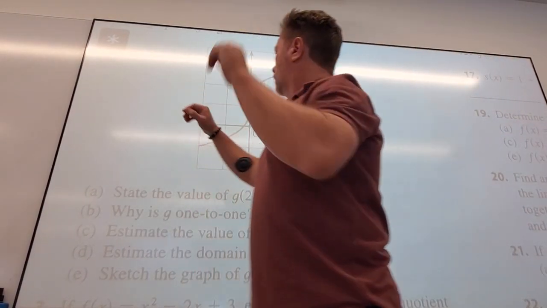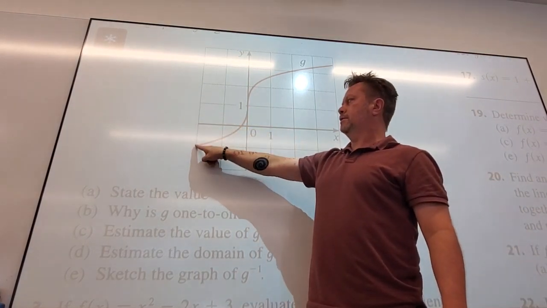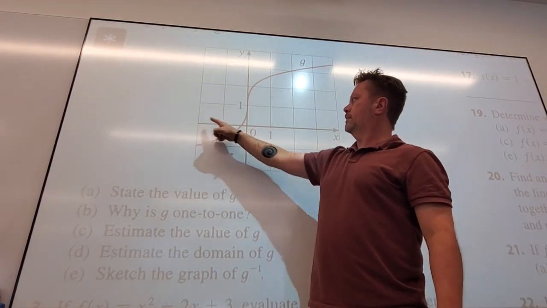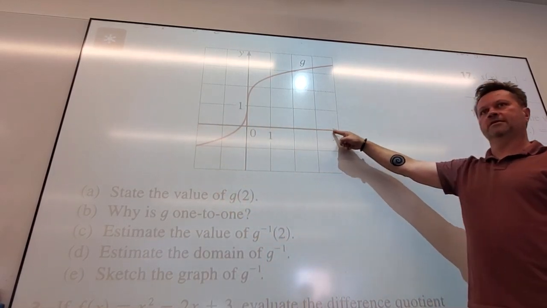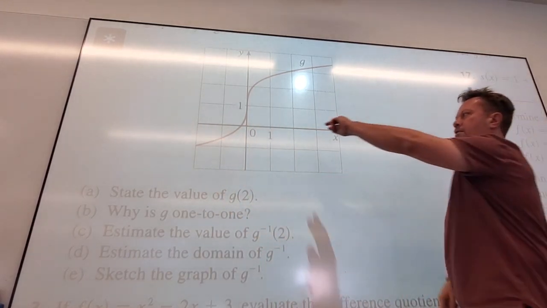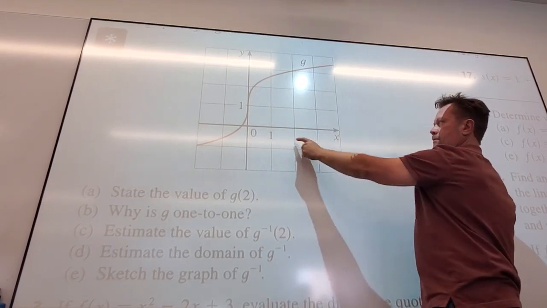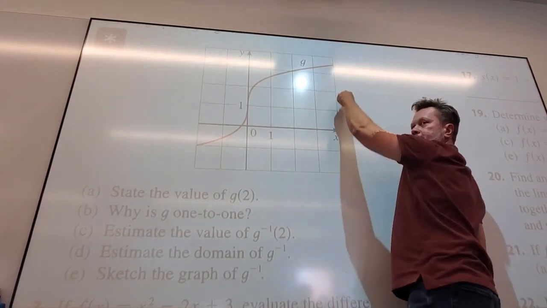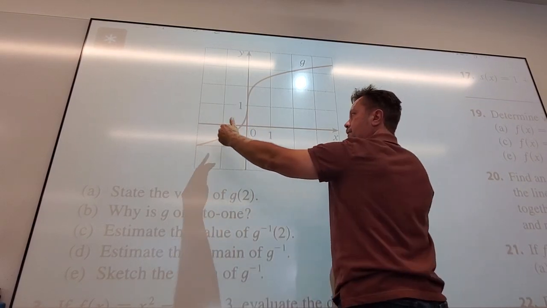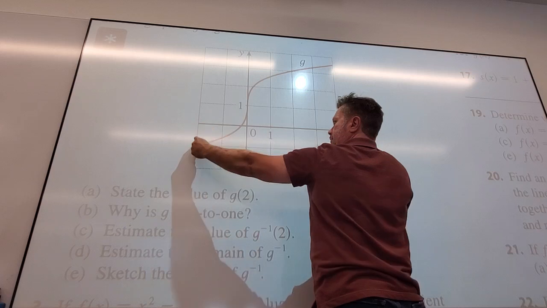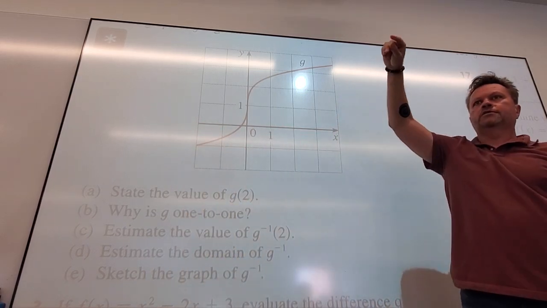Domain? So I have a little dude walking on the x-axis. The first time I see the function, where am I at? -2. And when's the last time I see the function? I'm walking along, looking up and down. When's the last time I see the function? 2, 3, 4, at 4, right? So it's just the x values that have outputs. What's the lowest x value that has an output? -2. What's the highest x value that has an output? 4. So the domain is